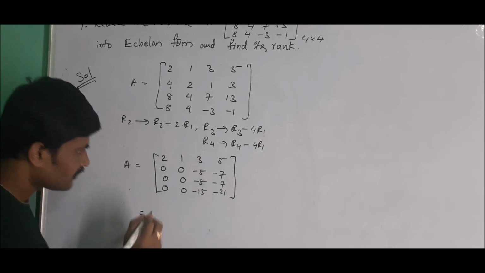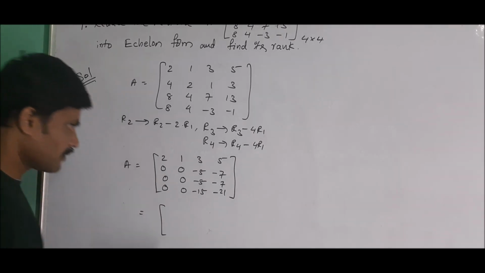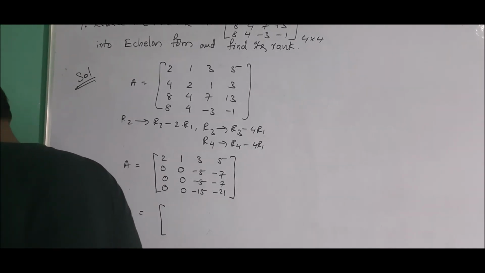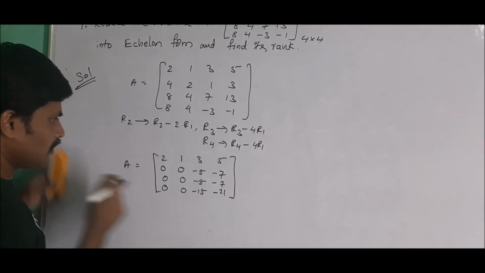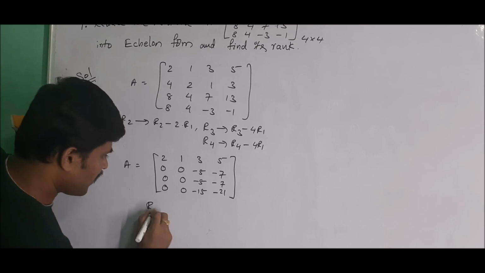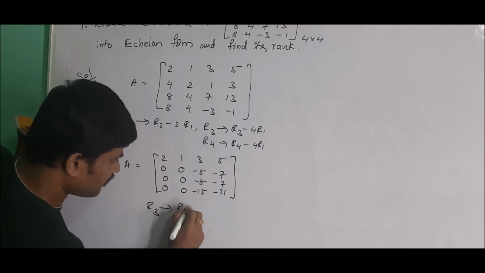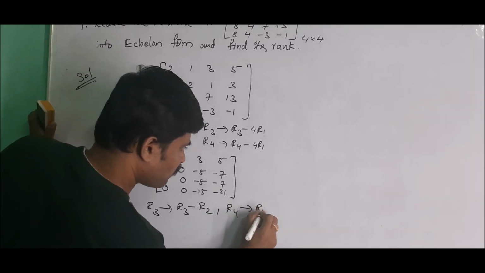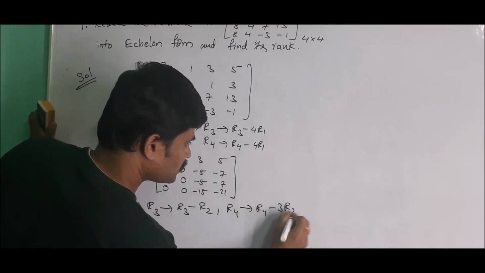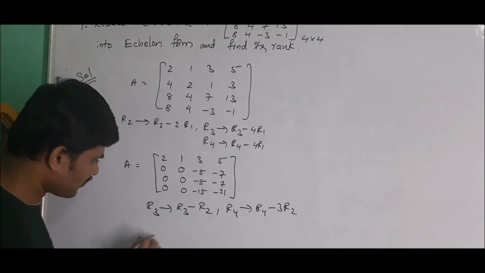So, here the operations are R3 changes, R3 minus R2. Similarly, R4 changes, R4 minus 3R2. The resultant matrix is